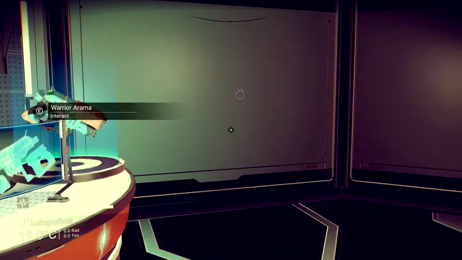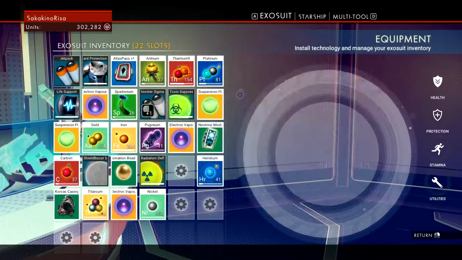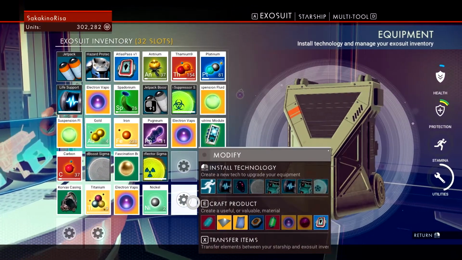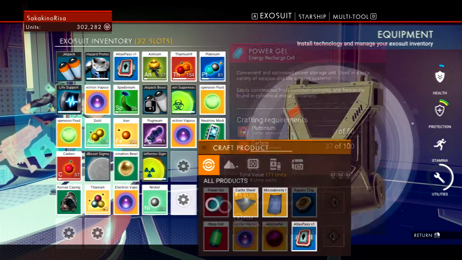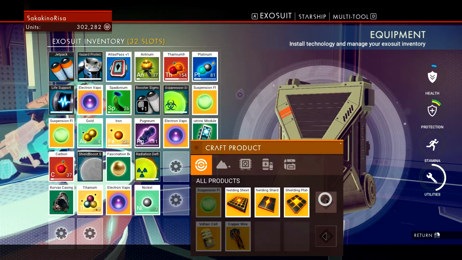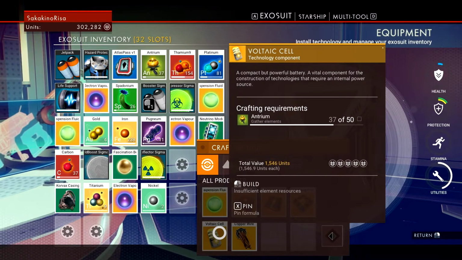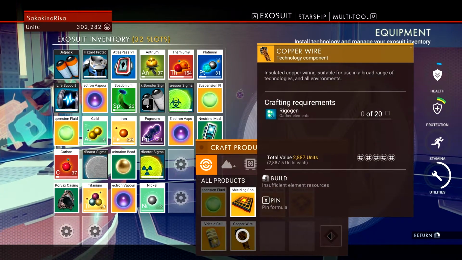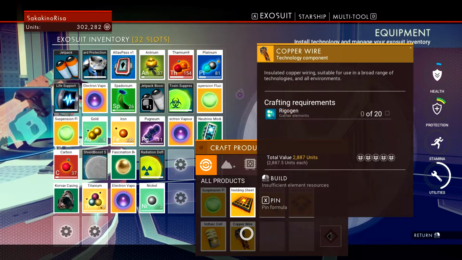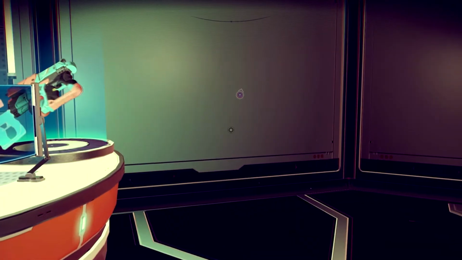So the warrior here actually gave me something new for my exosuit that I did not make yet, I don't believe. Let me see. Let me craft here. So the voltaic cells provide power, and they require antrium to get. Luckily, I had some right next to me. I unlock copper wire, and I don't know exactly what that is used for yet, but if we look on